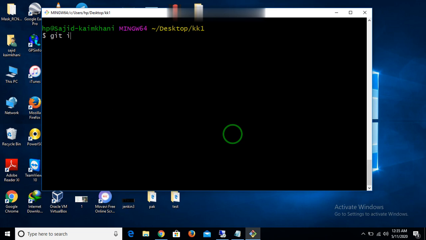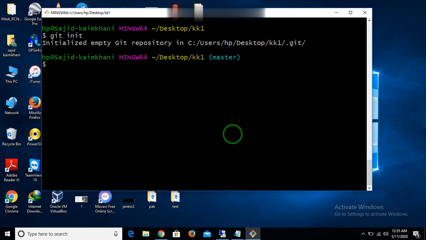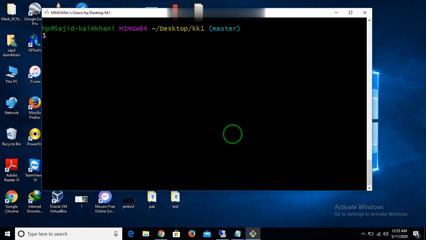Now git init, my directory is initialized. Now I want to explain the conflict, where the conflict comes from and how to resolve it in a simple way. I will not go for the software side, and just to simplify it I will do it via notepad.